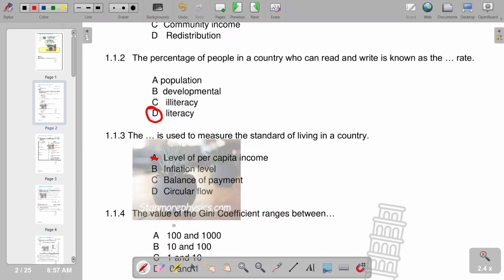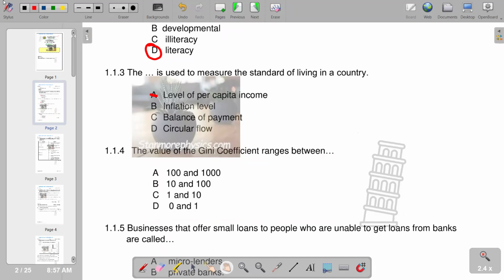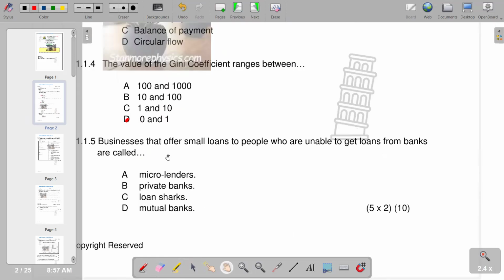And then we go to the next, the value of the Gini coefficient ranges from obviously it is between 0 and 1, which we are having D. And remember, the Gini coefficient it measures inequality on a scale from 0 to 1, where higher values indicate higher inequality. So basically, that's the Gini coefficient. So we go to the next part of our question, which is number 5. Businesses that offer small loans to people who are unable to get loans from banks are called